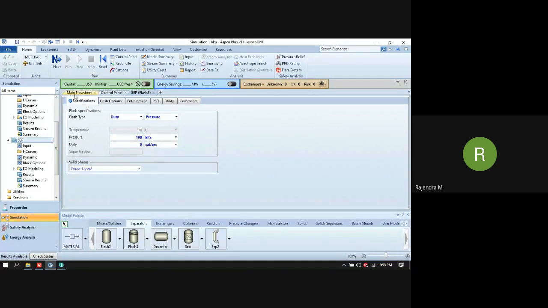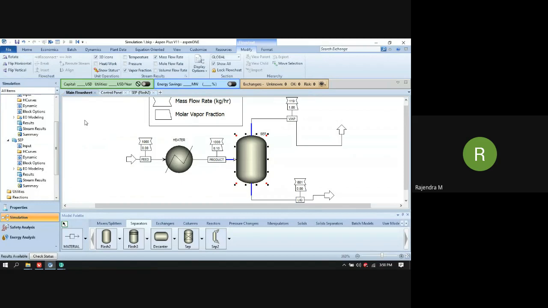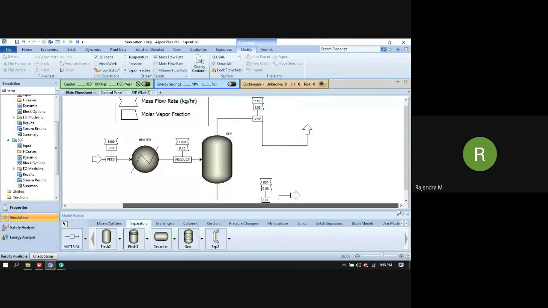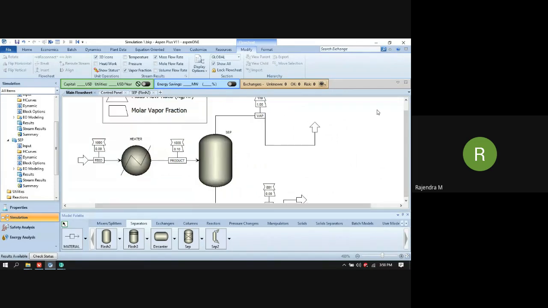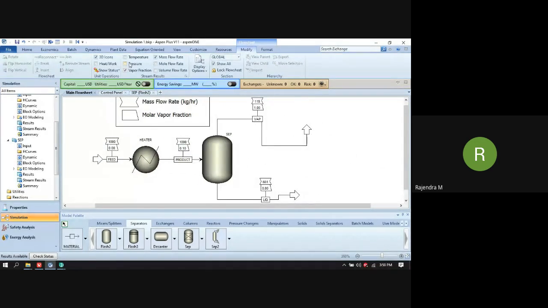Okay, so this has converged, and after converging, you can see that there is no duty. Click on this, so the heat duty is 0, and the flow rates of liquid as well as vapor have changed.